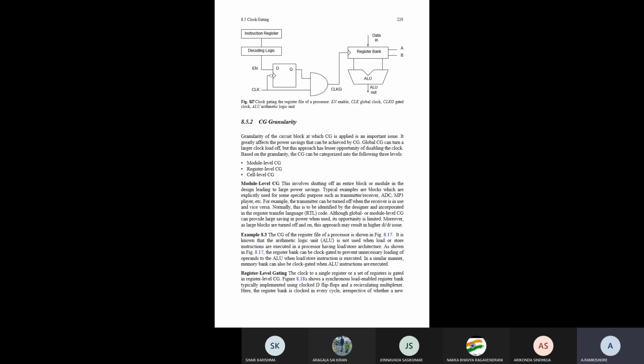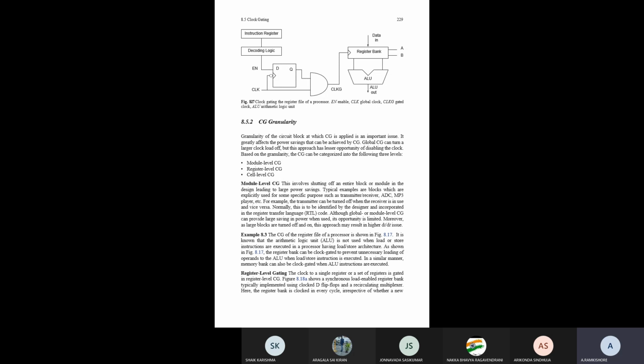Also MP3 players. A communication system consists of the transmitter, channel, and the receiver. In the transmitter we have many sections. We modulate the signal using the carrier signal, and finally we get the modulated signal. That modulated signal is given to the transmitter, which transmits it from one end to the other.